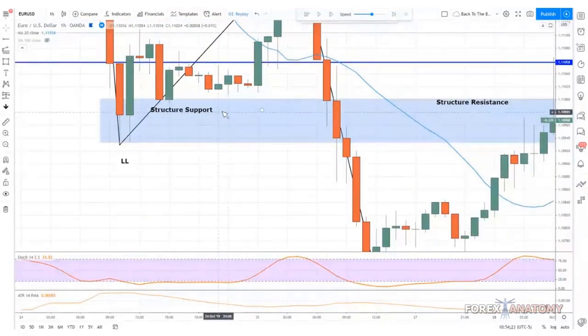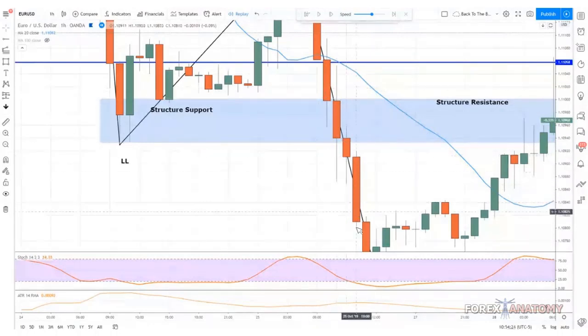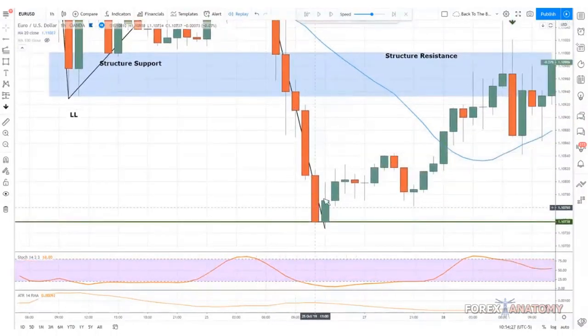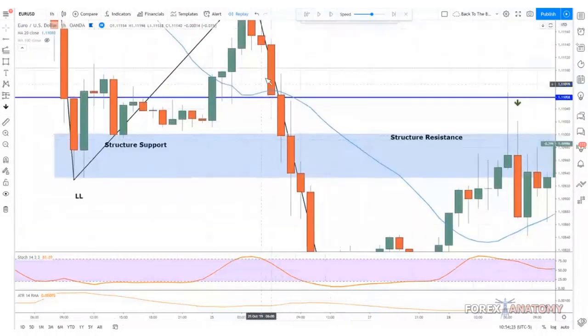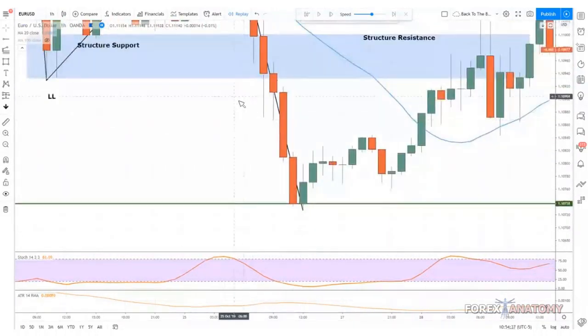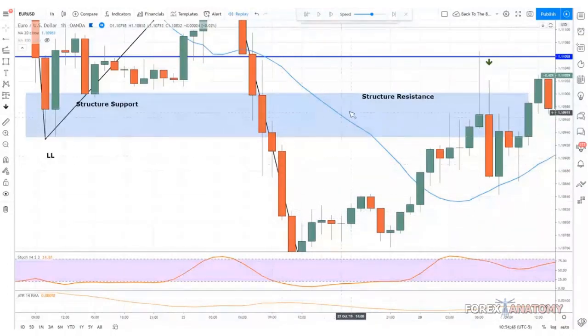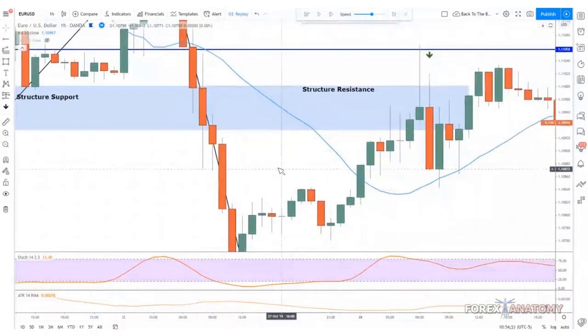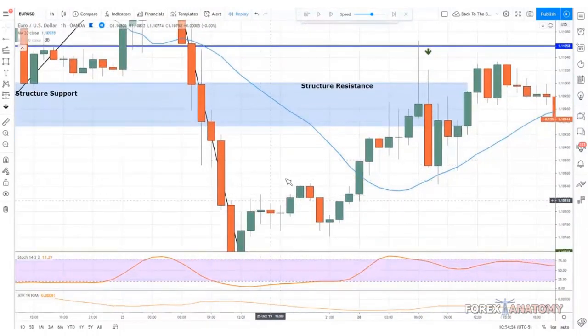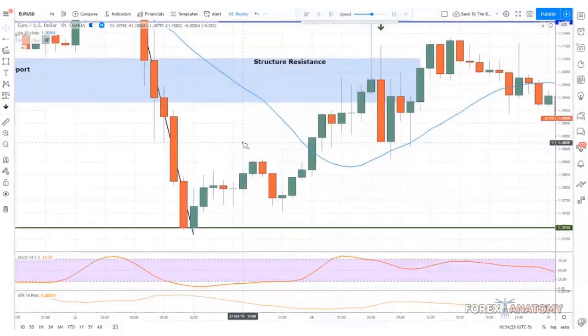So this was a floor. But right when price broke through this floor, the floor becomes a ceiling. It's almost as if you have a multiple-layered house. You're on the top floor, it pushes down, and now you're in the basement. So now you're going to trade up to this former floor, which is now the ceiling. I hope that makes sense. This becomes the ceiling, or structure resistance, and now you're looking to sell. So, yeah, that's pretty much how it works.